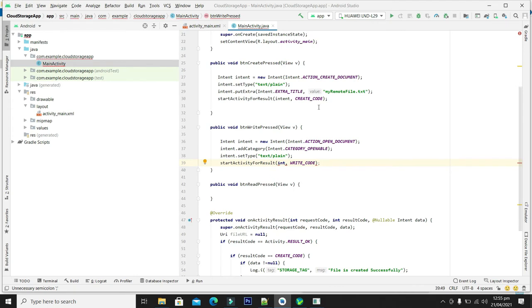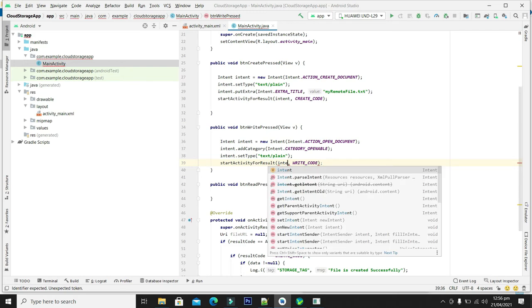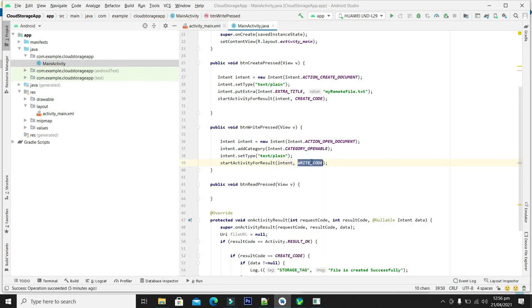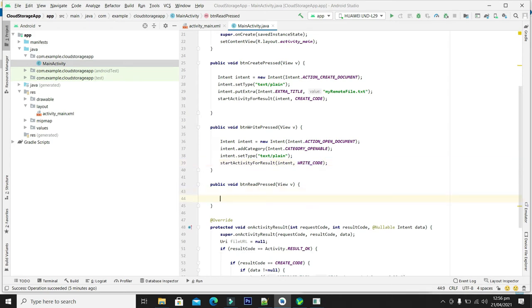So guys, in the same way, we have initialized an intent with the action open document, and we have given the type and category for the document, and started the activity for our intent for writing the file with the write code. So in the same way, we will write the code for reading the file.